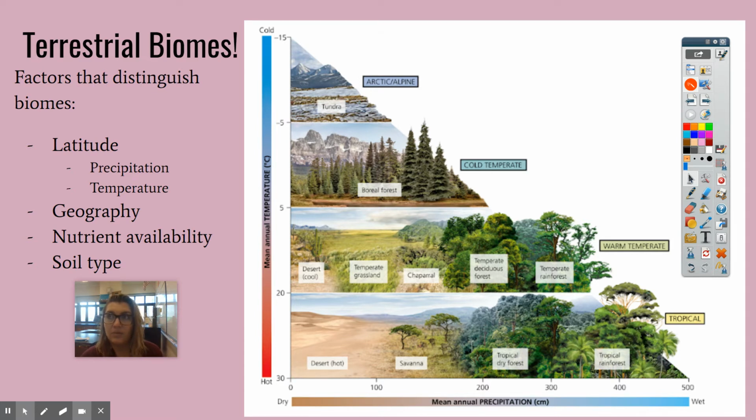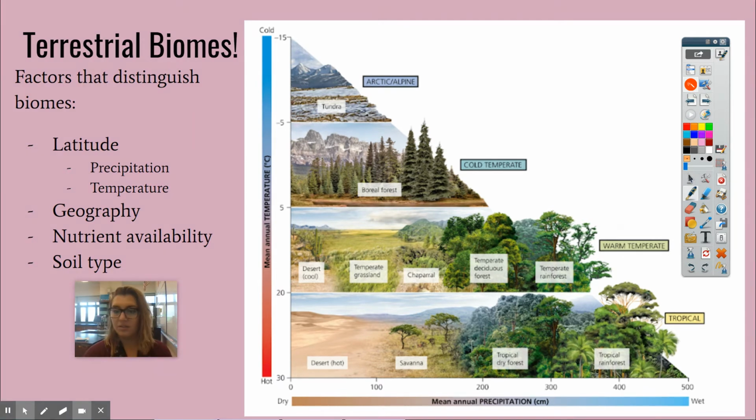So soil type, we'll talk about this, but there's clay soil, there's sand and silt soil. So what type of soil is there? So these are all going to change. So you can see on this graphic, if it's cold and has less precipitation, it's a tundra. If it's hot and has less precipitation, it's a desert. If it's hot and has a lot of precipitation, it's a tropical rainforest. So it's really going to be temperature and precipitation that determine the distribution of biomes across the globe,